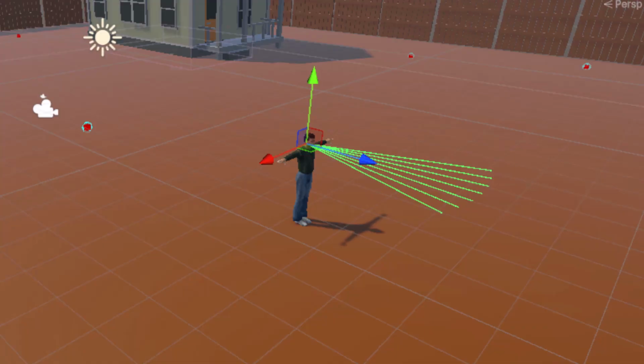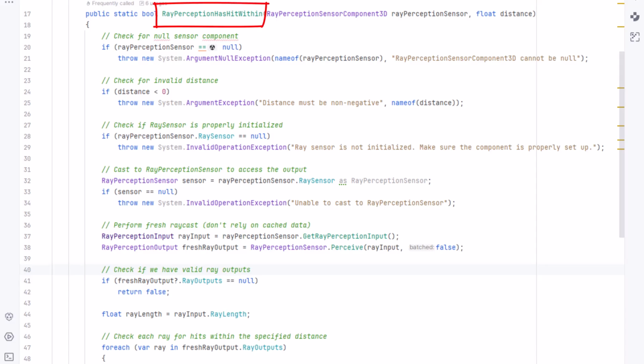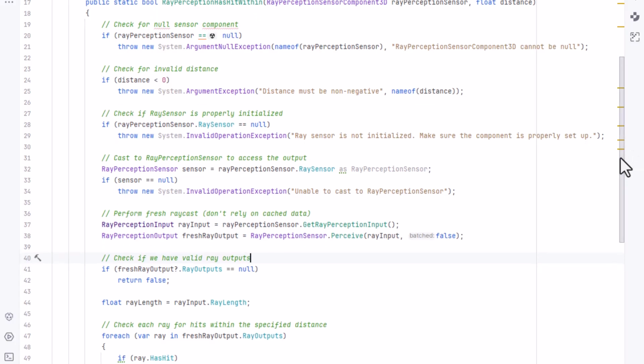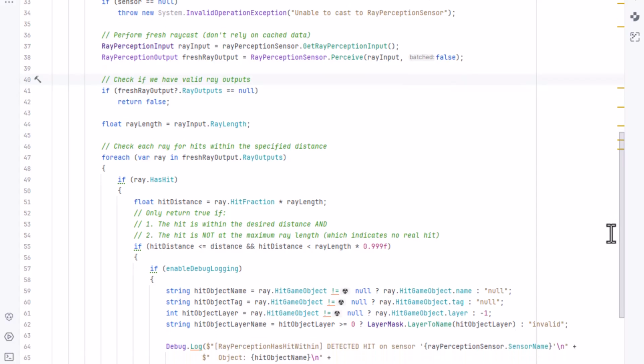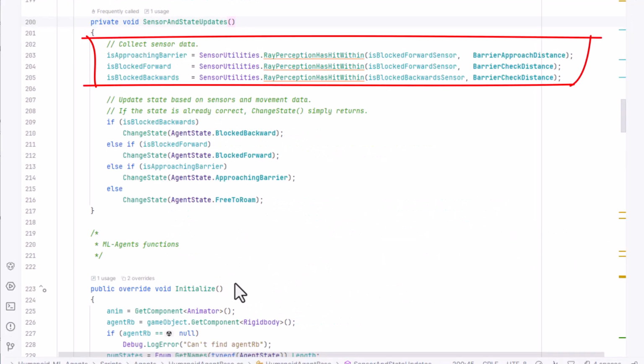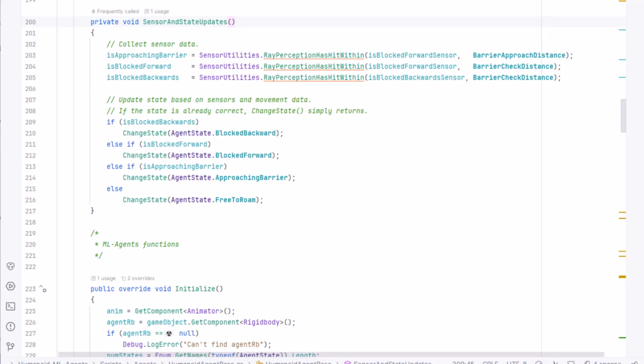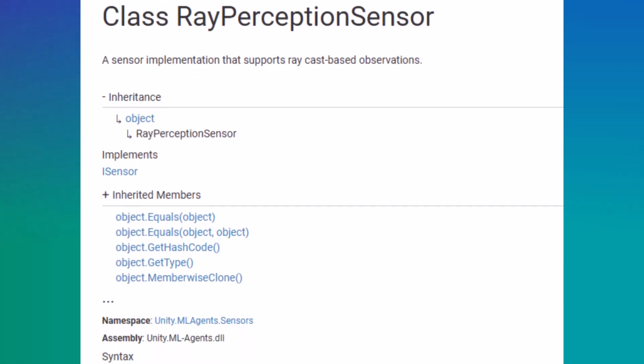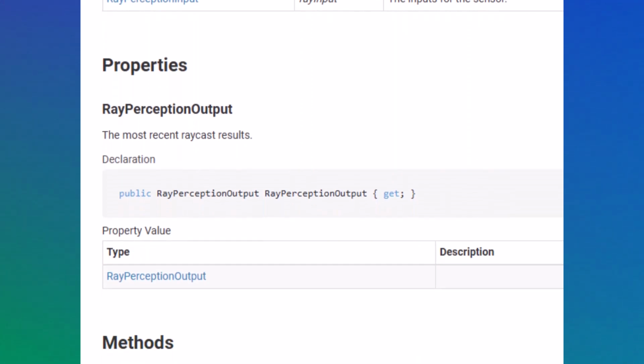I've implemented a proximity sense in the humanoid AI example using short raycasts forward and back from the AI, detecting barriers. I've written my own function using low-level APIs from ML Agents to access the internal data from the raycast sensors to summarize their data into a few simple signals: whether the humanoid is approaching a barrier, is blocked in front by a barrier, or is blocked behind. The function took some trial and error because the documentation for these internal ML Agents functions is a bit terse.